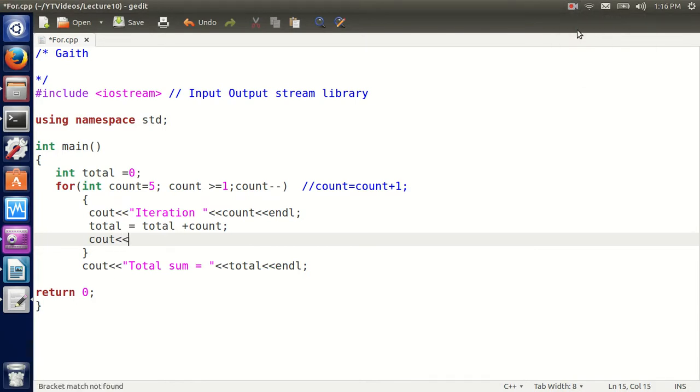So to go back, I want exactly to show every iteration what's going on. So iteration count, and I'm saying total plus count. So I'm gonna have total, and I'm gonna say total equals total, and here I'm gonna do plus count, and this should be